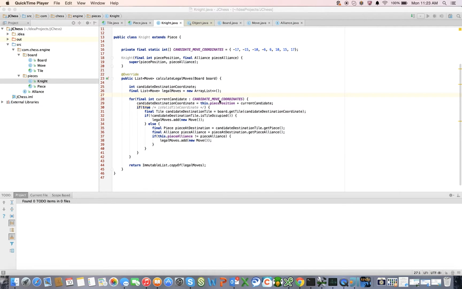We want to loop through these candidate offsets, right? And we want to go ahead and apply the offset to the current position, and if that position is valid, if it corresponds with a valid tile on our board, we then want to check to see if that tile is occupied or not. If it's not occupied, we're just going to add a new non-attacking move. And if it is occupied by an enemy piece, we want to add a new